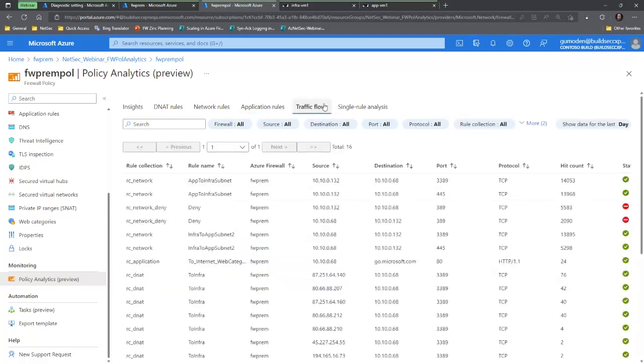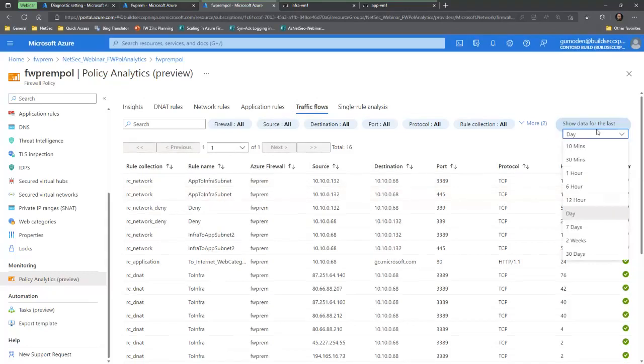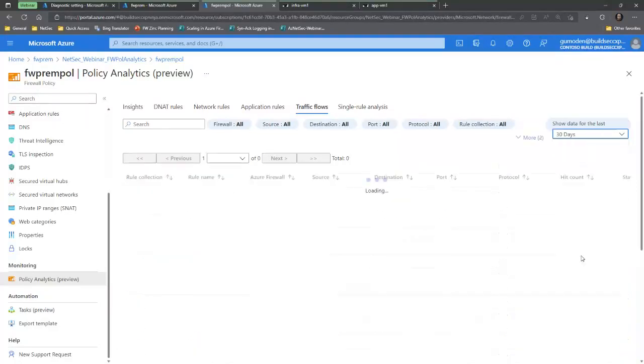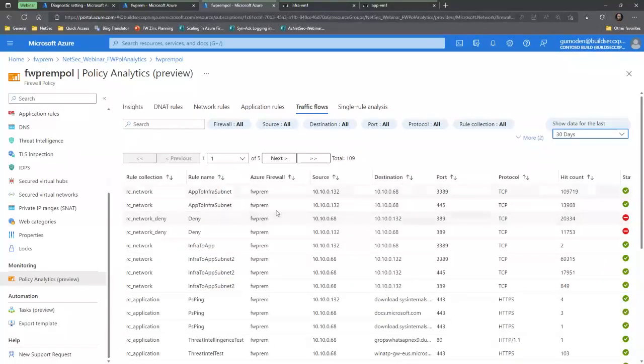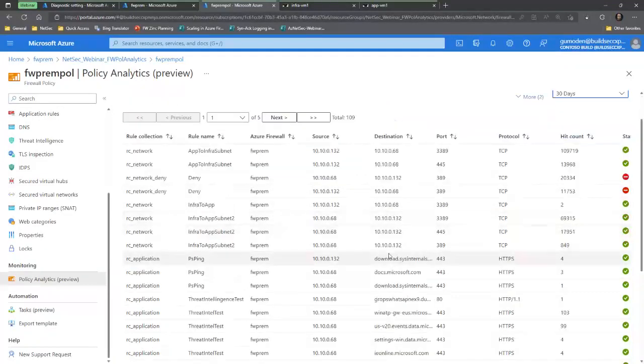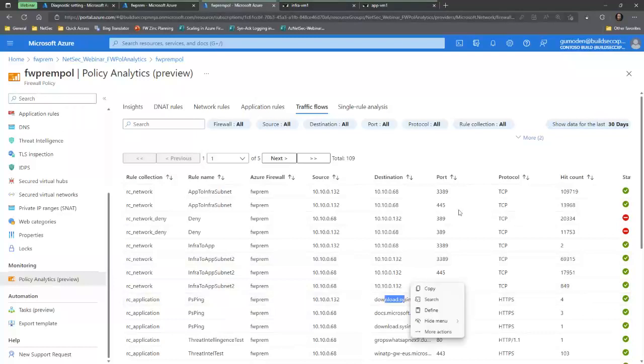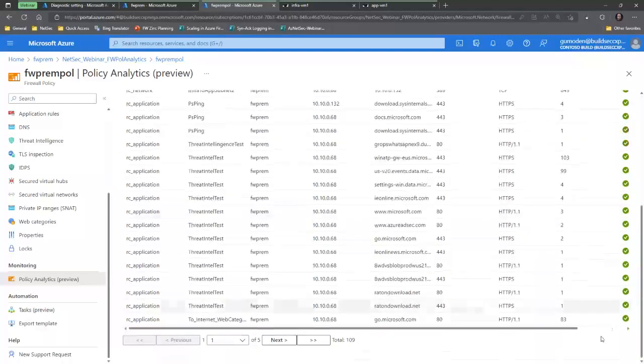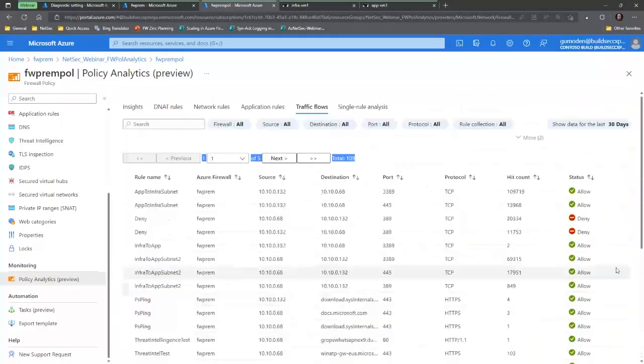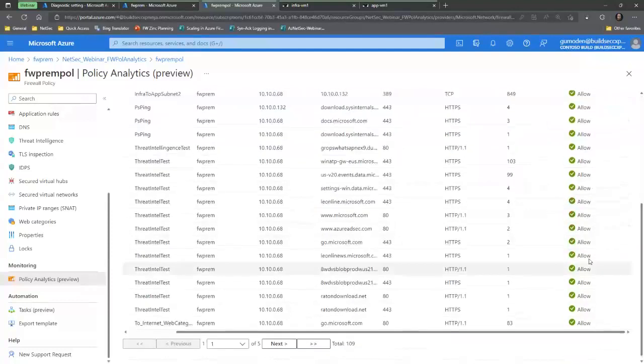Then we have the traffic flows. The nice thing on the traffic flows here is that it shows all the flows that your firewall had within up to 30 days, in the last 30 days, and then you can see clearly the name of the rule collection, rule name, what's the Azure firewall instance here, the source and destination IP addresses or the FQDNs, for example, for our application rules, the ports, the protocol, and the hit counts. And in the last column, we're going to see if that traffic was allowed, denied, or if it was DNAT,